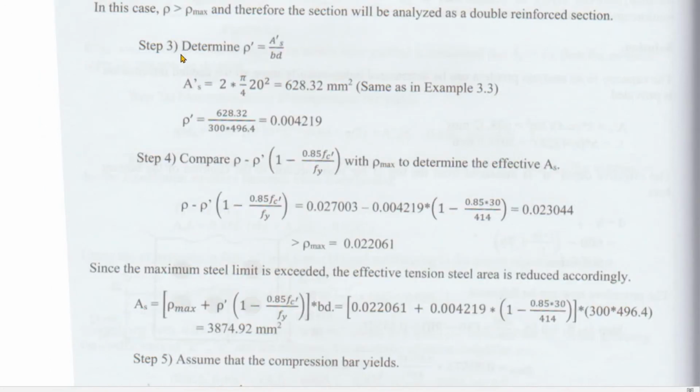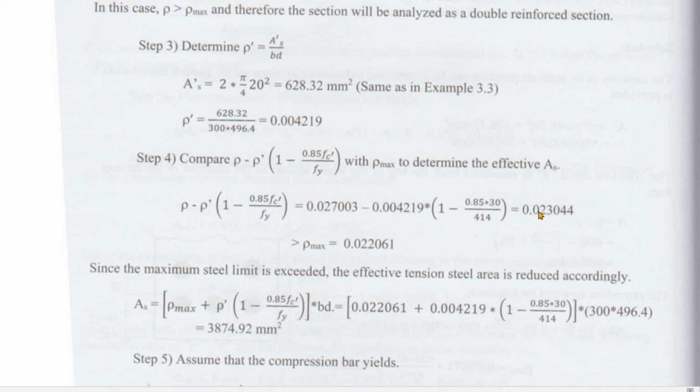And then, proceed to step 3. This time, consider na natin si rho prime, A prime S all over BD, which is rho prime equal to 0.0042. And then, step 4, compare rho minus rho prime times this quantity with rho max to determine the effective AS. So, your rho minus rho prime times the quantity 1 minus 0.85 F prime c over Fy is equal to